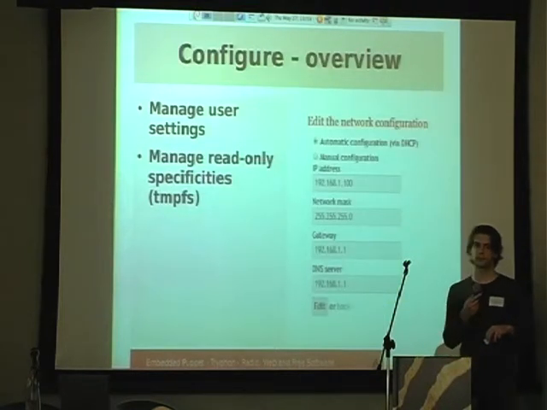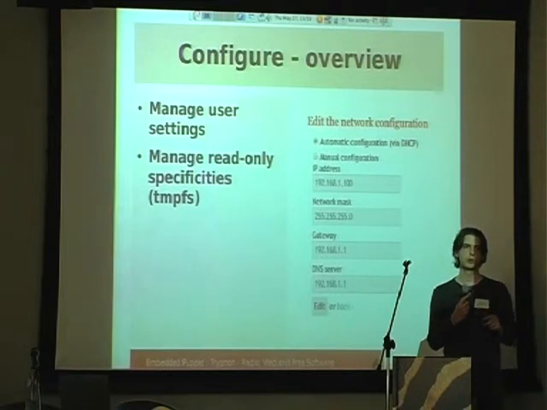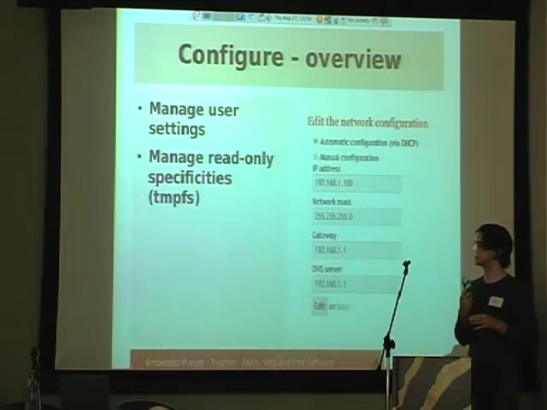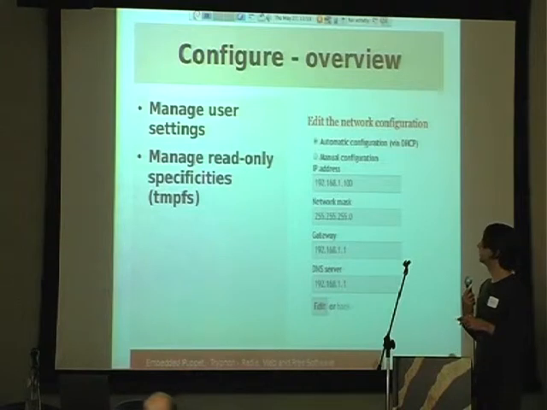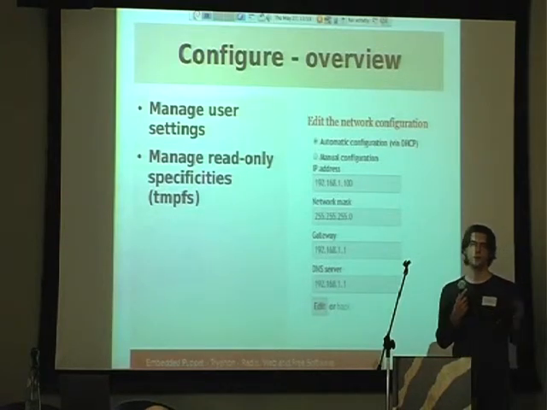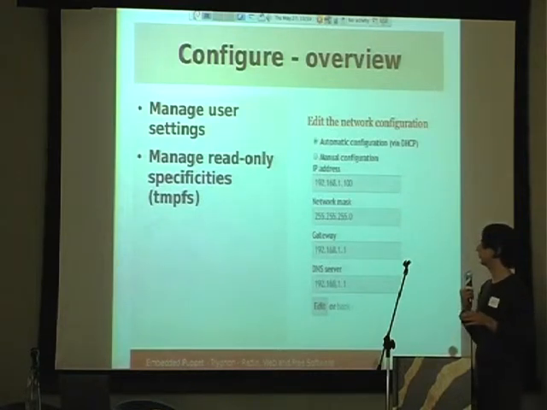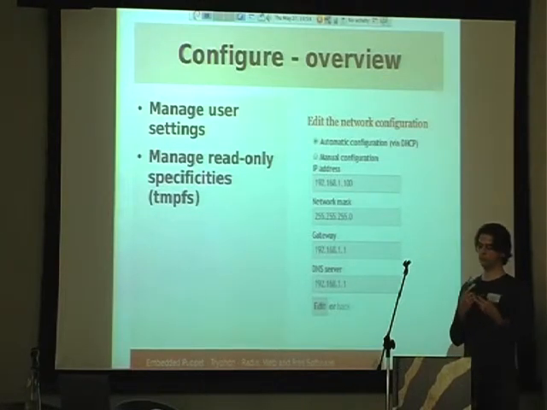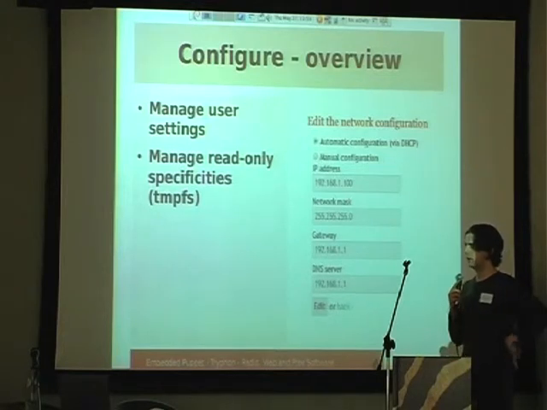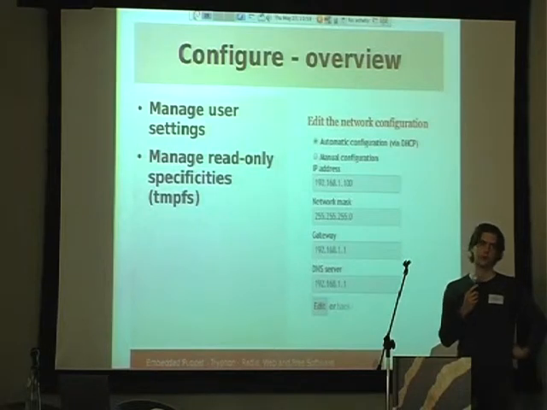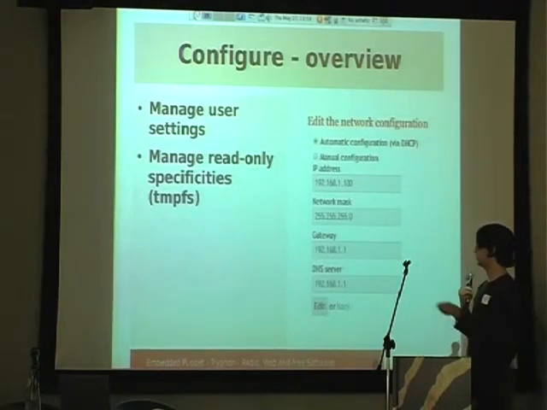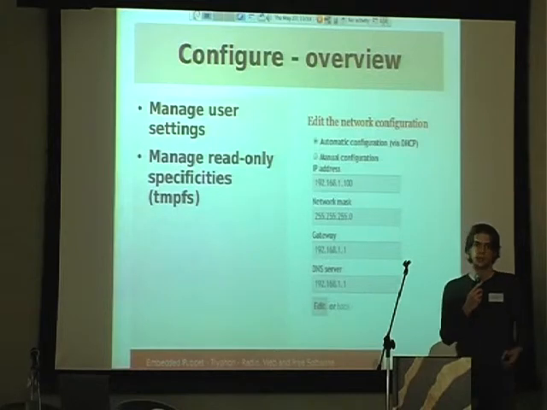Next step, you have a box which works, it's fine, you sell it. But you have users, and users want to change settings. Users always want to change settings. It's our job. It's their job. Did we try another solution? No. We chose Puppet. We said, okay, I have to change the network settings on the box. Let's try to use Puppet.